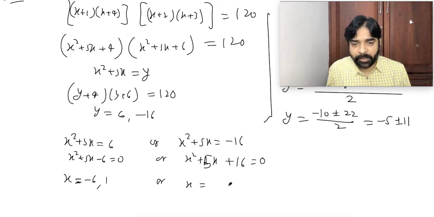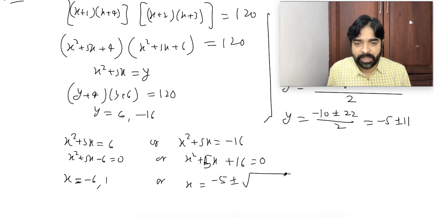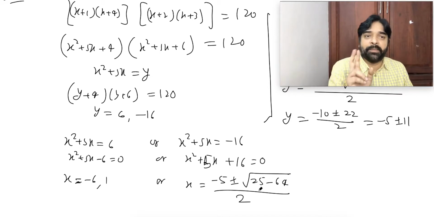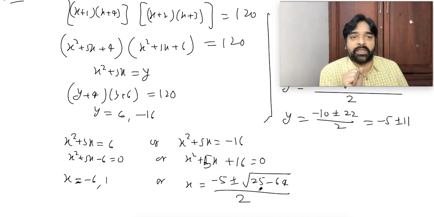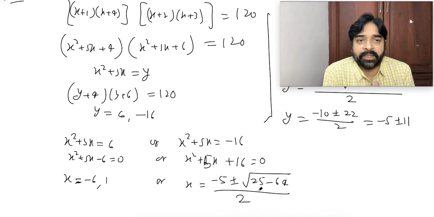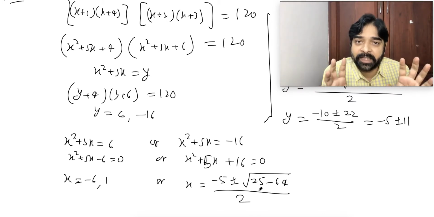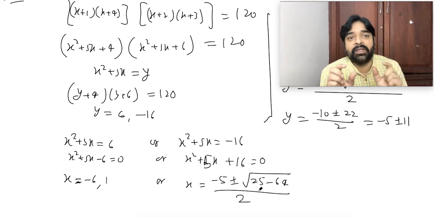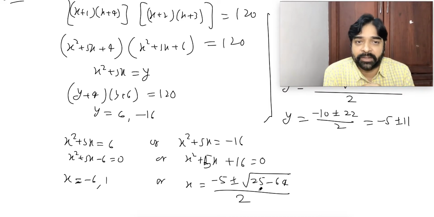And the x value will be minus 5 plus minus root of b square 25 minus 4ac. Imaginary will come, 64 divided by 2a. So this is the imaginary root. So this equation has two real roots and two imaginary roots. Have you understood this? I did this question especially to make you understand that if a biquadratic ever comes in front of you, never get scared. Surely they are giving it in a way that can be converted to a quadratic. You have to keep patience, take the factors, and then make a decision accordingly.